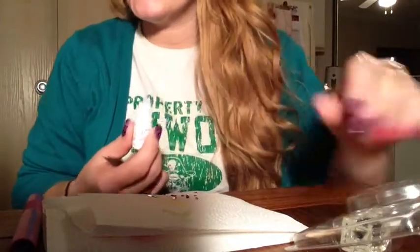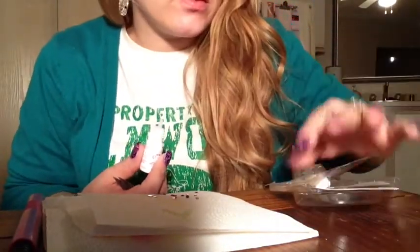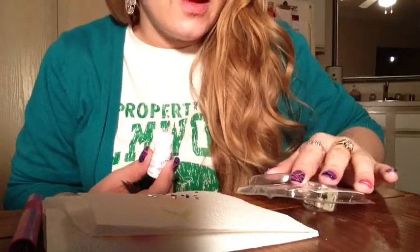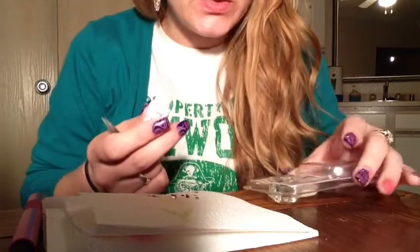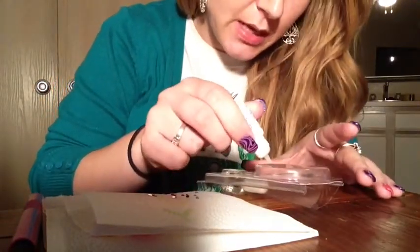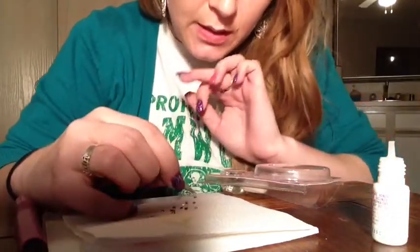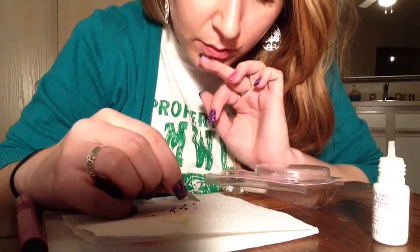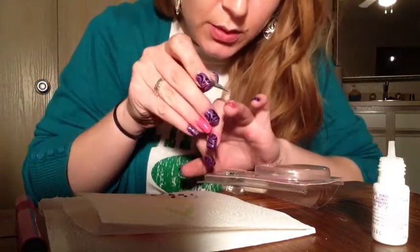I've got my super glue, and what I'm actually going to do is use the back, actually the front, of this little kit for my super glue. Now I wish this was laying flat, but basically what I'm going to do is, hopefully you can see this, I'm just going to take my super glue and put like 2 little drops. I'm going to grab, well, maybe if I can do this before it dries. Grab the jewel, touch the super glue,